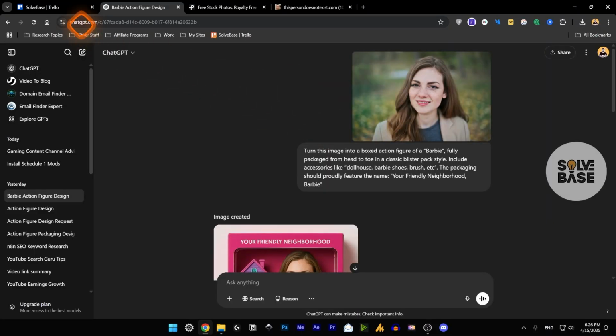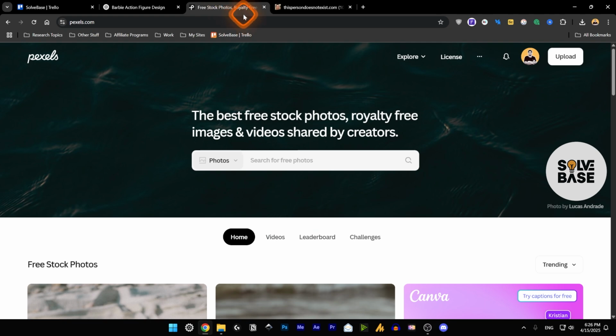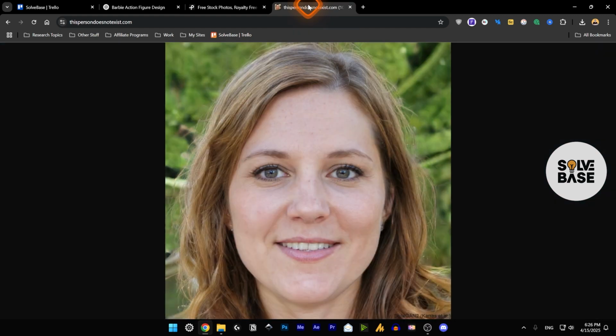So what you need to do is go over to chatgpt.com, and on here, you need to click on the new chat button. Now, you need to first insert the image, which could be your own image, or you can get from Pikzels. This is also a nice place to get images, or you can also go for thispersondoesnotexist.com, where